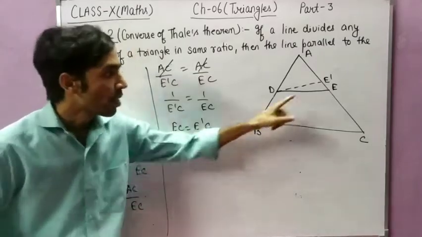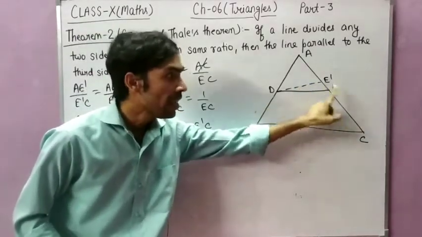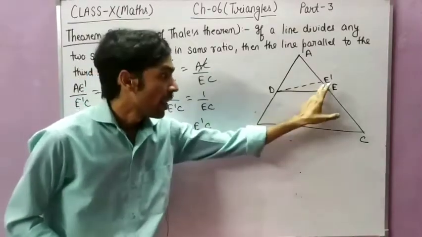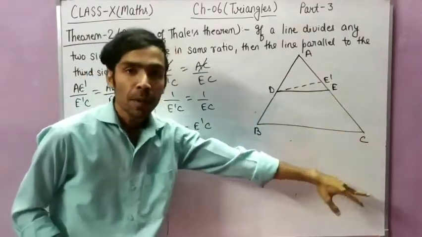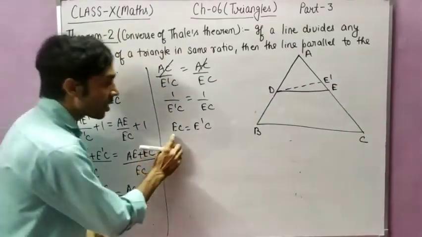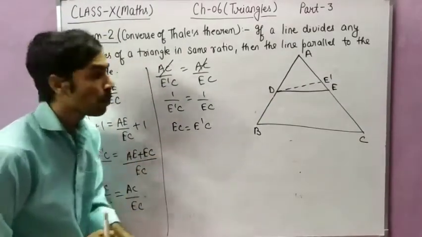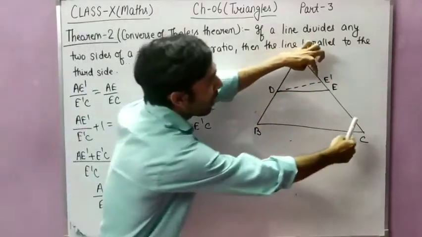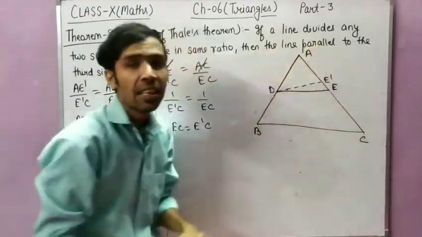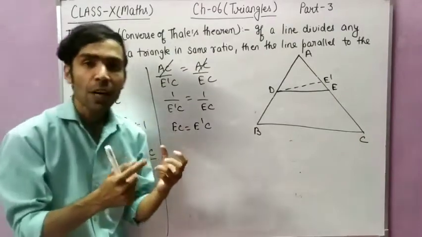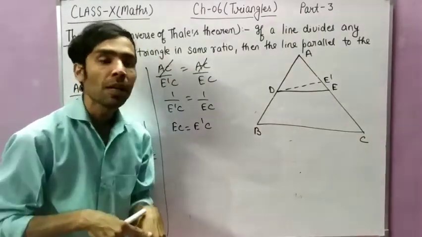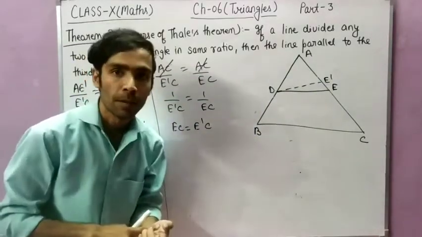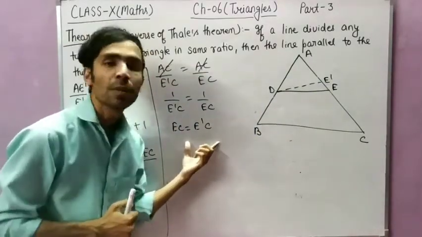Okay, so EC is equal to E dash C, but by seeing the figure, E dash C is greater than EC, na, but after solving what we are getting, EC equal to E dash C, means the value of EC is equal to E dash C. मतलब कि जो वैल्यू E dash C की है वही वैल्यू EC की है. So इससे क्या कंक्लूजन मिला हमें? इससे कंक्लूजन ये मिला कि E और E डैश ये अलग अलग पॉइंट नहीं है, सेम पॉइंट है, क्योंकि सेम पॉइंट होंगे तभी तो दोनों की वैल्यू सेम आएगी.